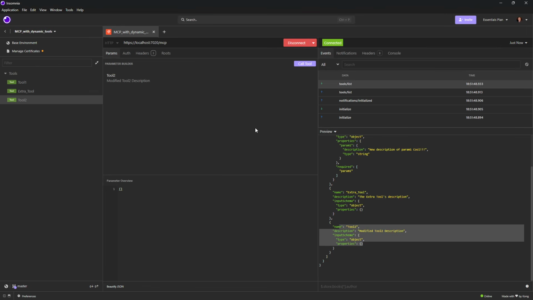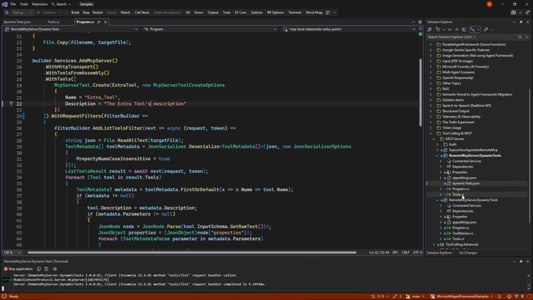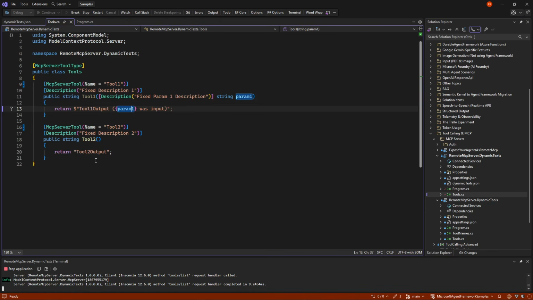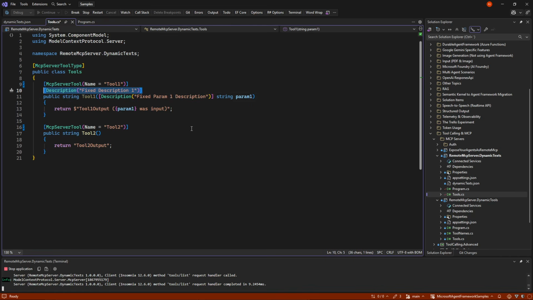So now we can have our MCP server running, and whenever a new client connects, they will get what is in this file instead of the dynamic descriptions here, which we can essentially just take away now because they don't serve any value. But just for the sake of argument, I have them here so we can see that we are changing. But it's not like you need to put in dummy ones in order for this to work. It will on the fly figure that out.